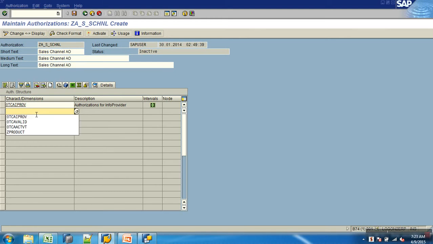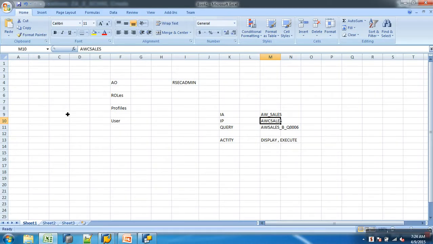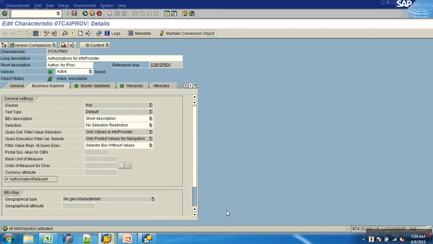This time again I will say provider and I will say validity. Validity means this authorization object is valid from which date to which date. Again it's saying not authorization relevant, so what should I do? RSD1 or RSD7, anything should be fine.